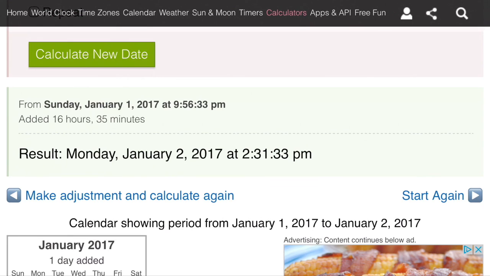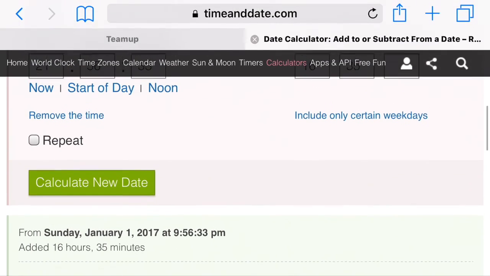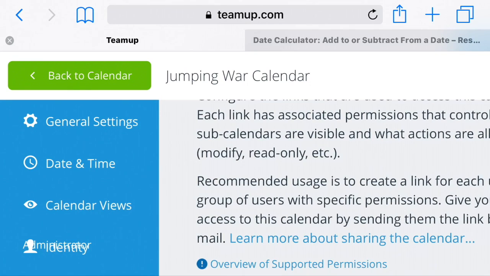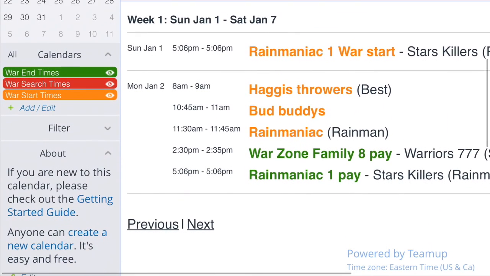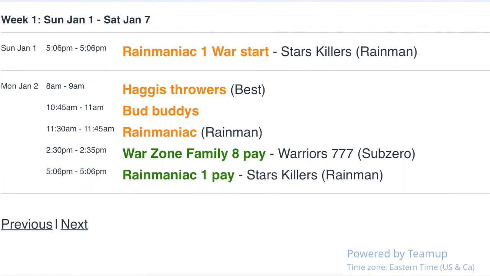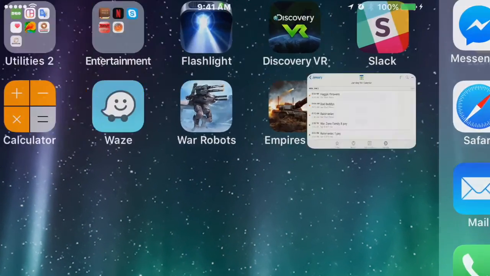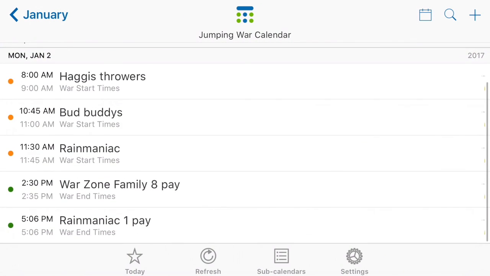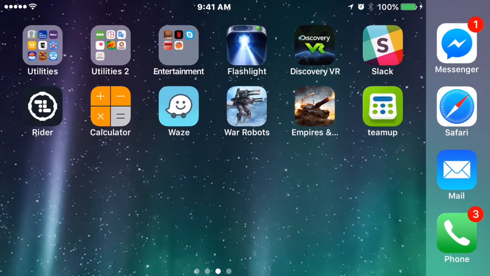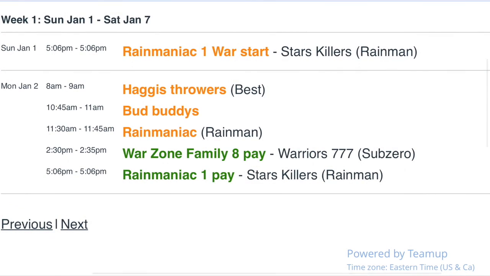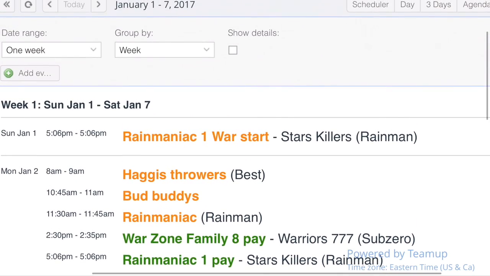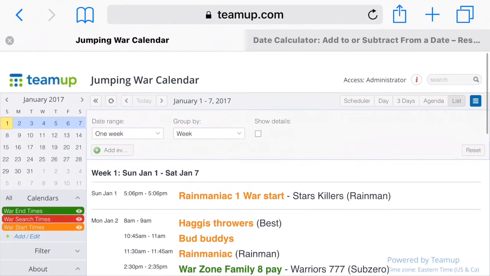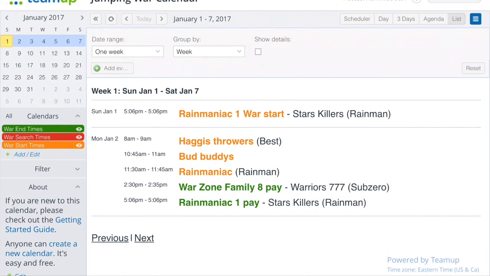2:31 essentially. Now one of the things I wanted to show you is that if we go to the Teamup Jumping War calendar, back to that calendar, and we look at it from the browser view, we can see where it was and who it was with. Right now, if we click on the app, it only shows that it's just the Warzone Family pay. It doesn't show all the other details like where it is and who was the general there. So just to let you know that using a browser is a much better way of looking at this information